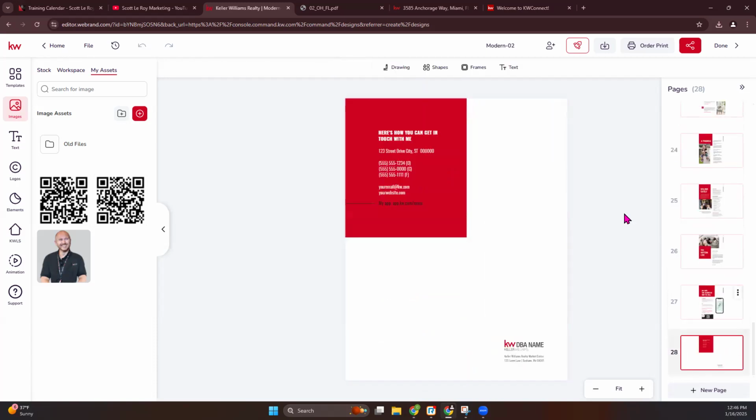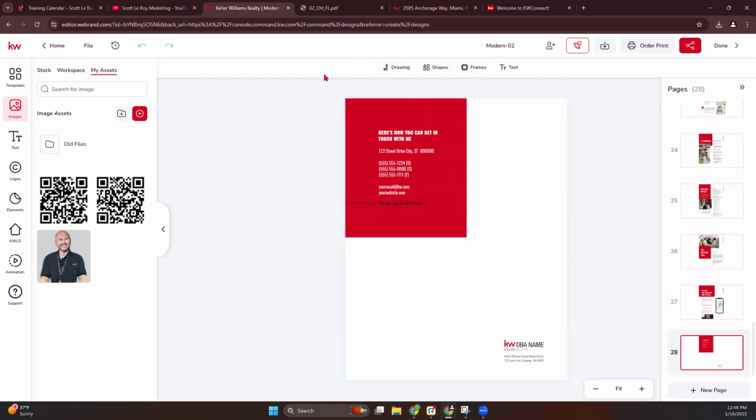And then the last page is just your closing. It's going to have your personal information. It doesn't have a place for a photo, which is why I love to add the frame here. So this is in the top where you have frames. Again, you need to be clicked off of the design in order to see this banner at the top